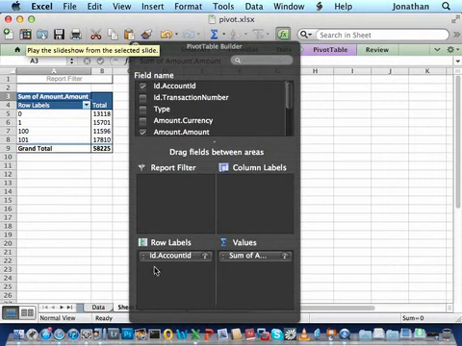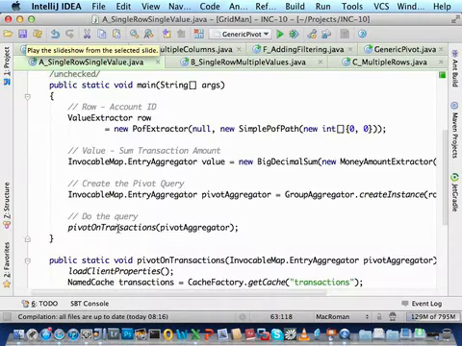So a pivot table has rows, which is what you're grouping by. I've stolen Alex Seovic's domain model from his book, which is this bank stuff. The data that I had on the other tab is just a big list of transactions. So for this pivot, I'm just going to do transactions and total amounts. It's a dead simple pivot. So to do that in Coherence,